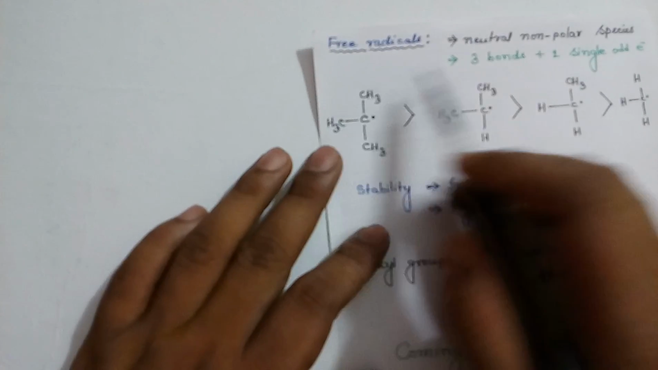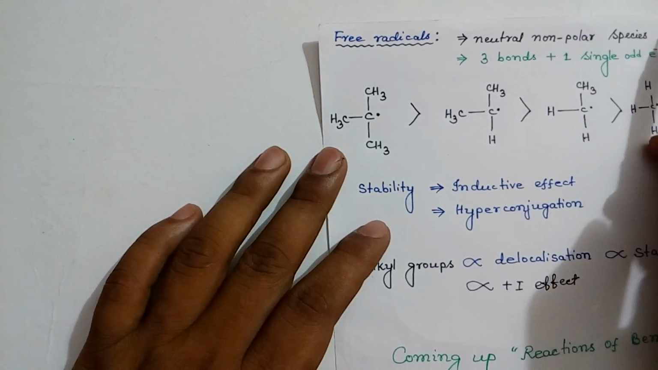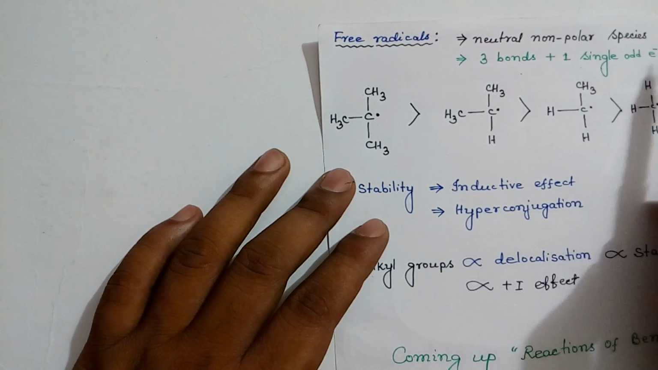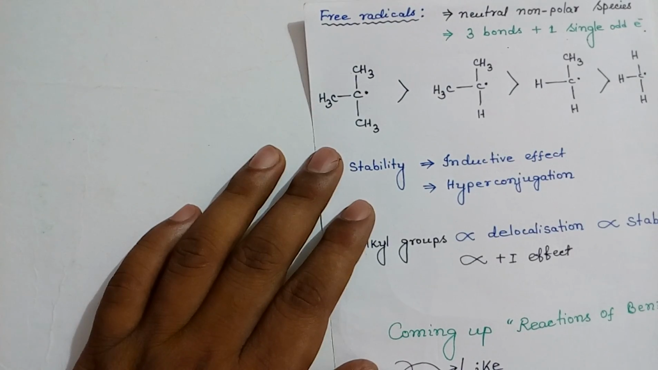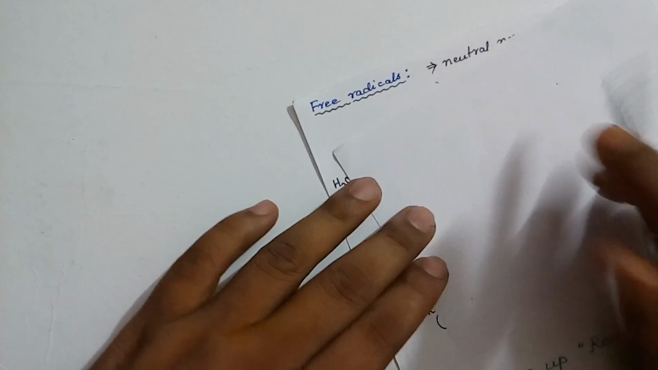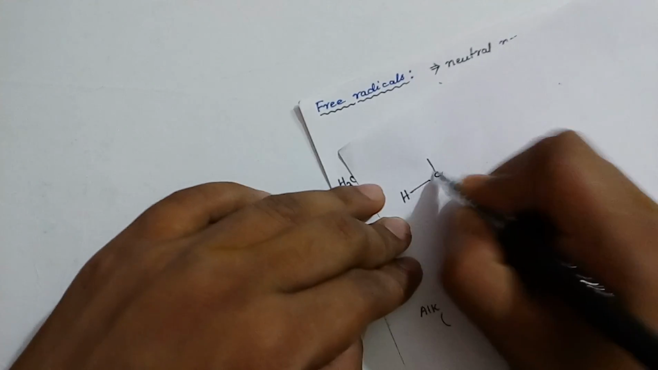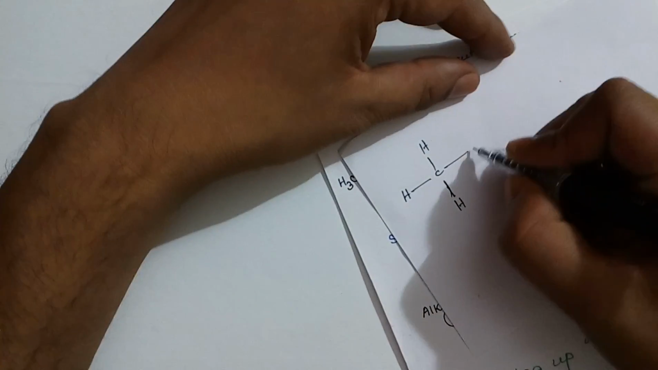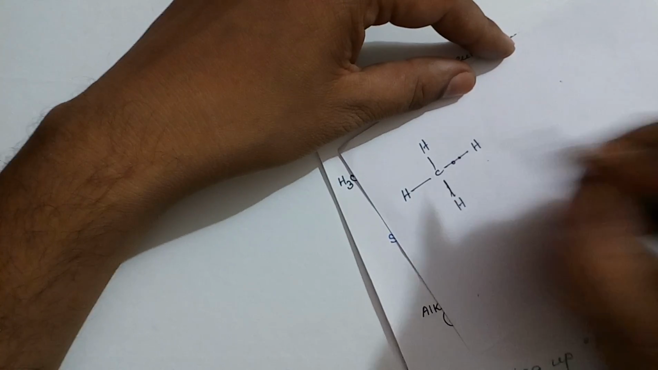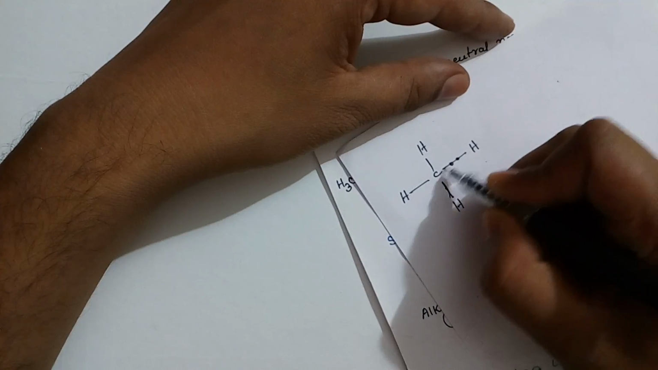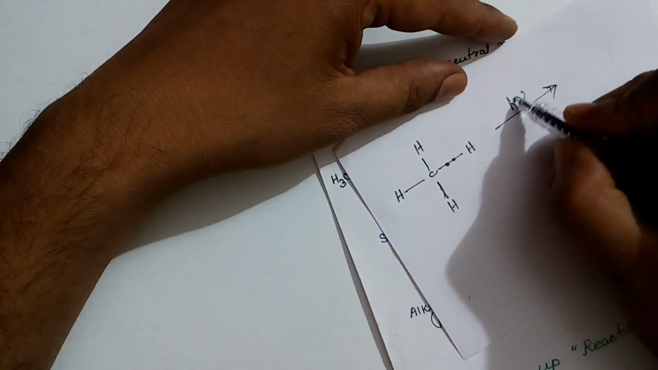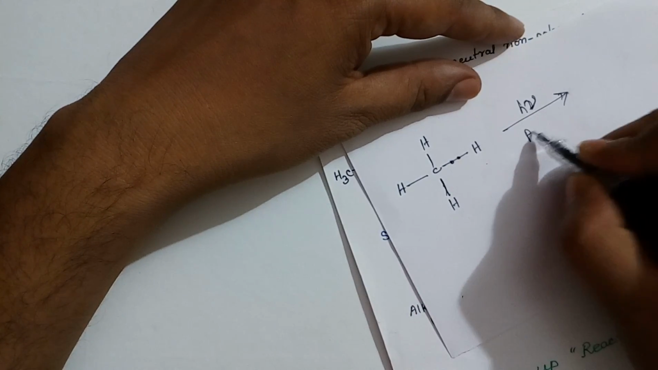Free radicals. Free radicals are neutral non-polar chemical species. In free radicals we have 3 bonds and 1 single odd electron. Let's understand how free radicals are formed. You take one molecule, methane. Now this shared pair of electrons is a covalent bond. If you treat with h nu or sunlight, or in presence of peroxide,